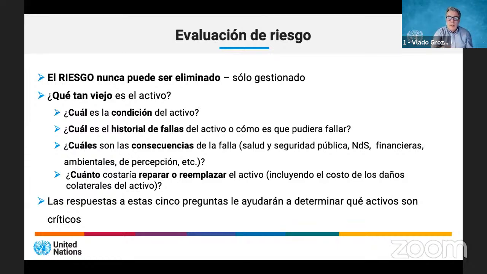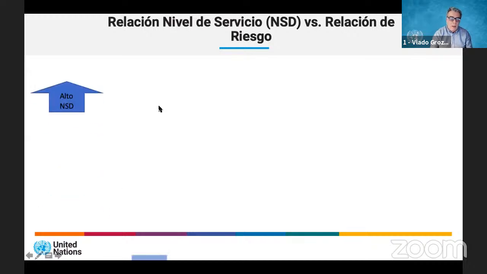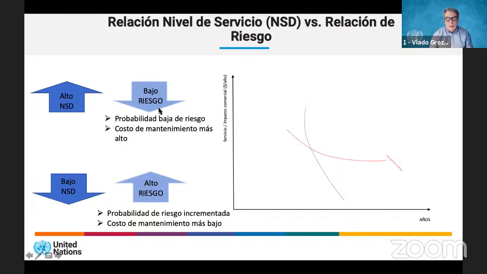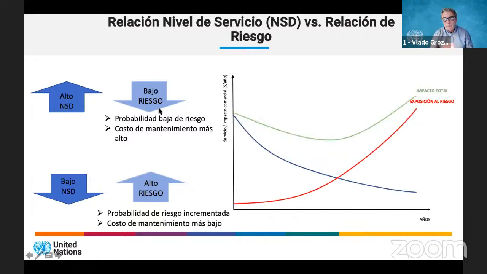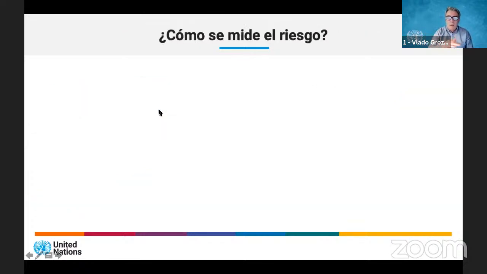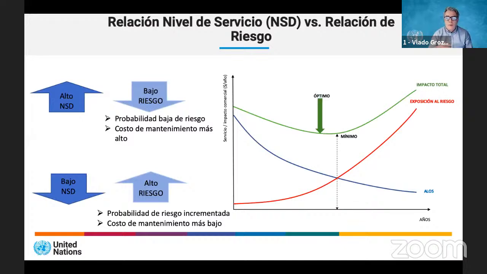For example, that graph shows where the optimal point is, when we mitigate the risks and put the money in, or increase the maintenance, or replace or renew the asset. For example, on this graph on the right side, the red line, risk exposure, is increasing towards time because the